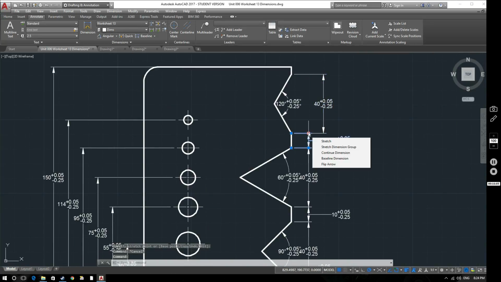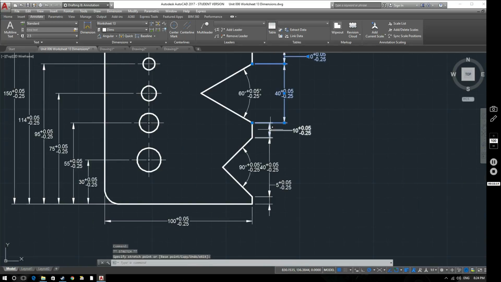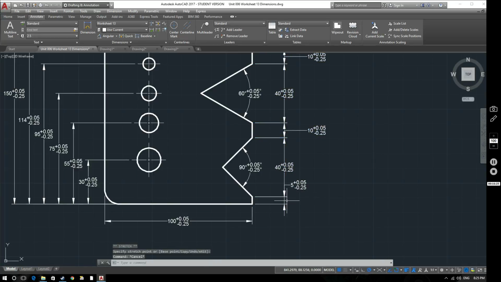And then, as with most things in CAD, we can snap to the end of that dimension line. So then we can just keep going. We can keep on just pulling all of these out and making them all line up with each other and look nice and neat. They're not all over the place, they're all lined up, and it looks pretty good. This one here obviously is not as clear as it could be, so probably what we'll do here is just move that. If we move it to here, it's going to throw it off a little bit. So what we'll do is drag this one down and put it down here,